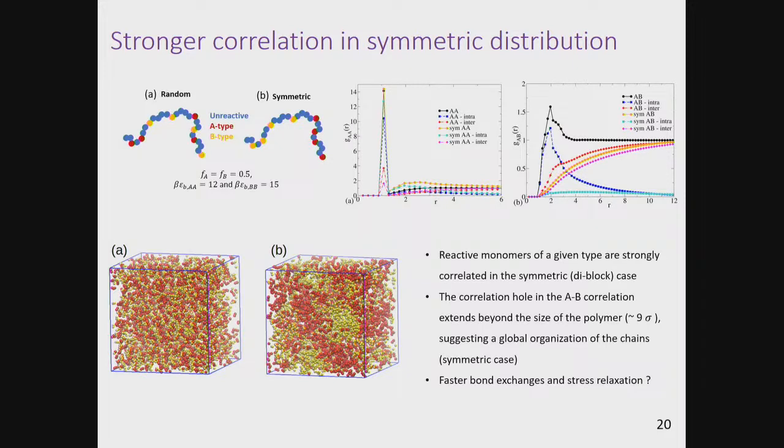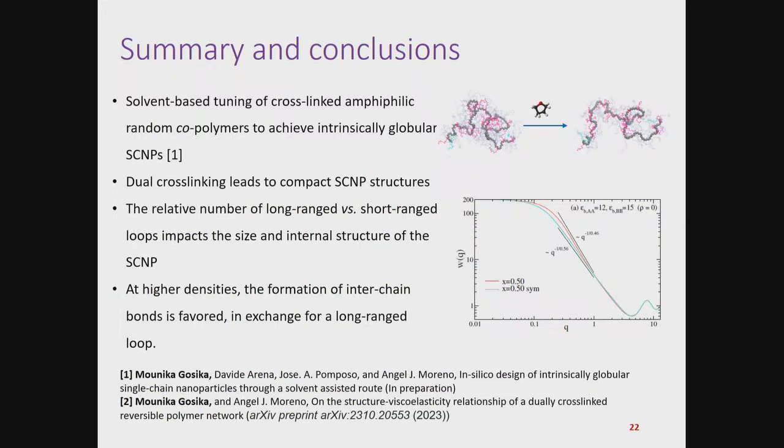So this has direct consequences on the viscoelasticity of the networks. Although I have not shown it, we have seen that in the symmetric case, stress relaxes faster simply because the reactive monomers are able to see each other at shorter distances and they can exchange the bonds faster as compared to the random case. So to summarize, we can tune the internal morphology of the single chain nanoparticle by choosing different